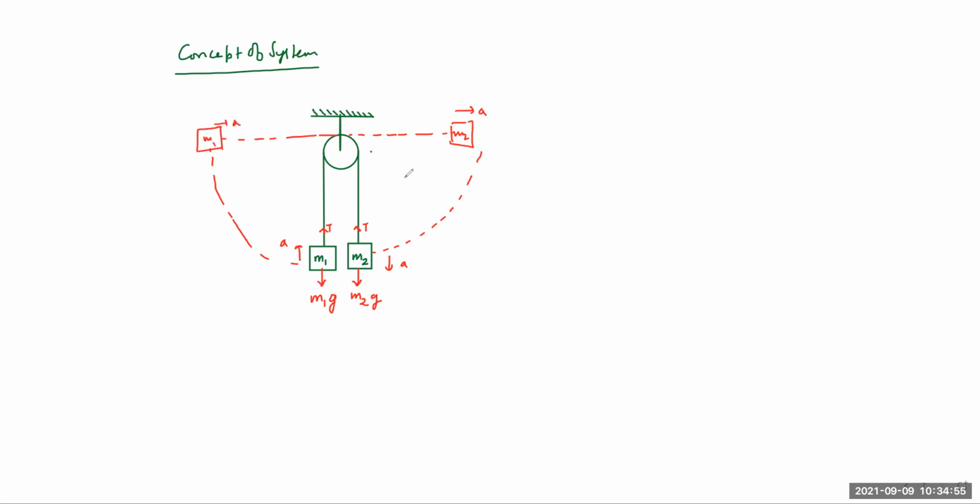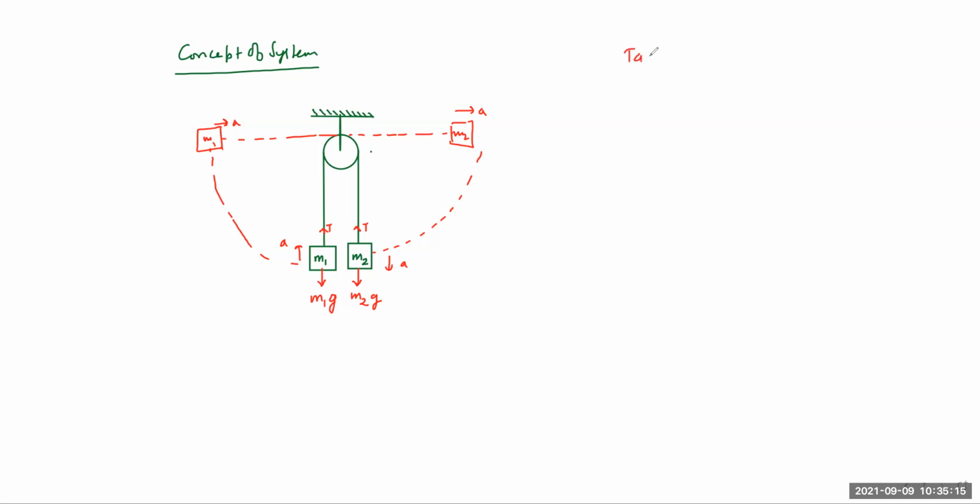So if you just open it, if you make the shape something like this, what you will realize is that both these blocks are going in the same direction. Now that is something which gives the sense. So the concept of system says that if you take M1, M2 as system,